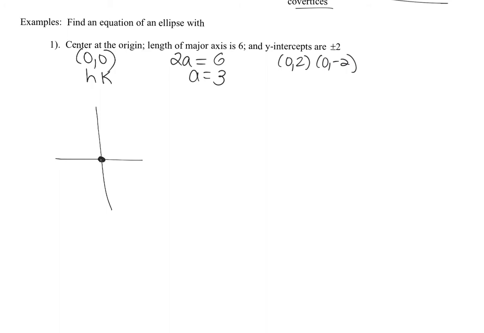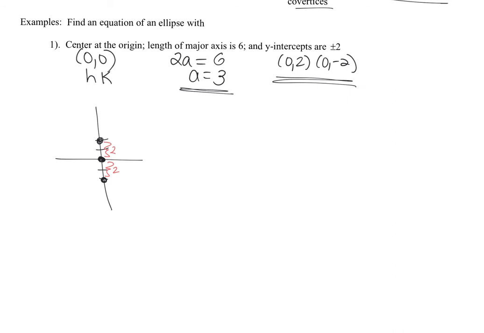So here is my center. I know my y-intercepts are at (0, 2) and (0, negative 2). So let's think about that for a minute. If my ellipse is passing through those points, I have a distance here of 2, and here is 2 as well. So keeping in mind that I also told you a is equal to 3,